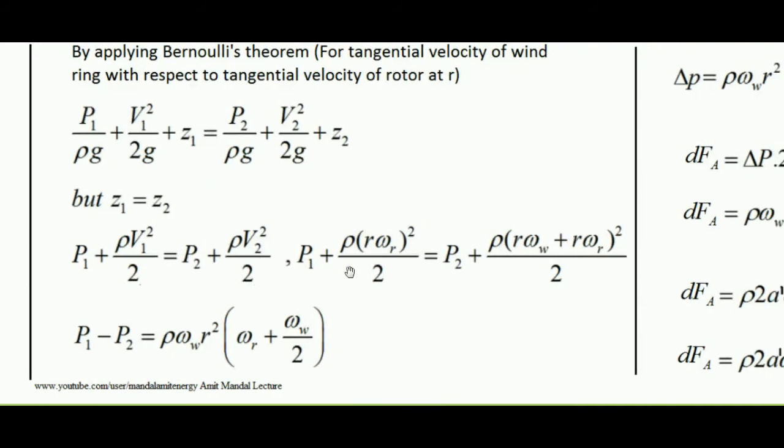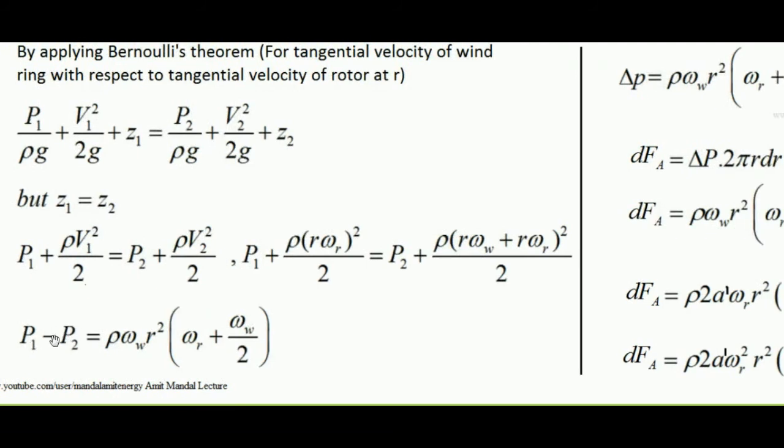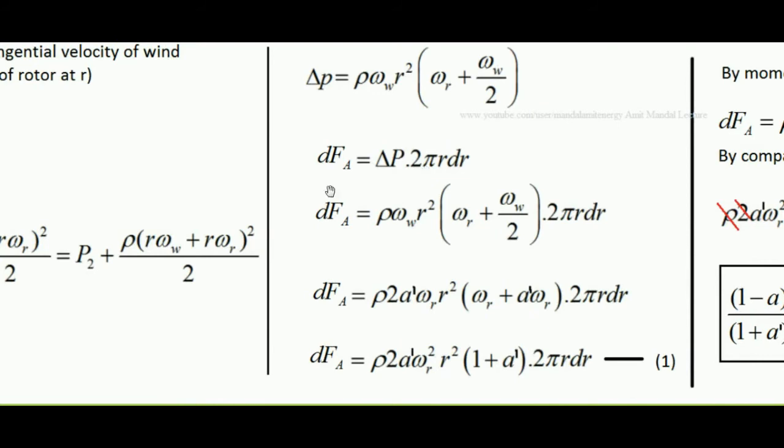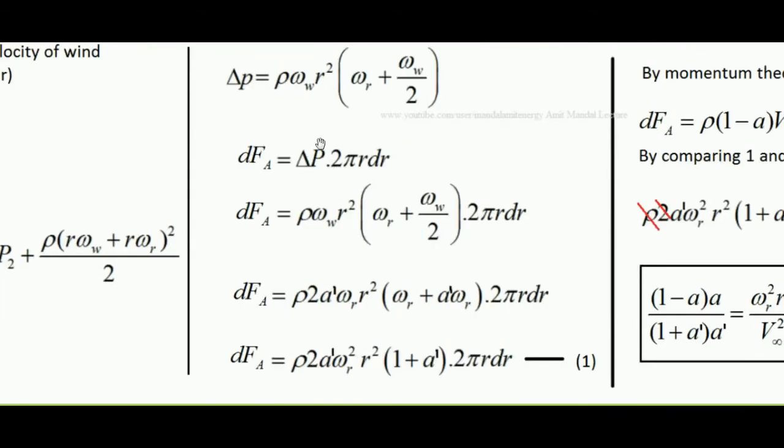So ultimately we can arrange this in the form of a mathematical equation, that is P1 minus P2, taking the pressure terms toward the left and the rest of the terms toward the right. Now we are getting this equation. Now this P1 minus P2 can be written as del P, the pressure difference. Now what will be the axial force imparted on that ring? That will be the pressure difference on that ring into the area of the ring. So simply, the pressure difference into the area of the ring, which is 2 pi r into dr, the circumference into the thickness of that ring. Now in place of del P I have written this, that's it.